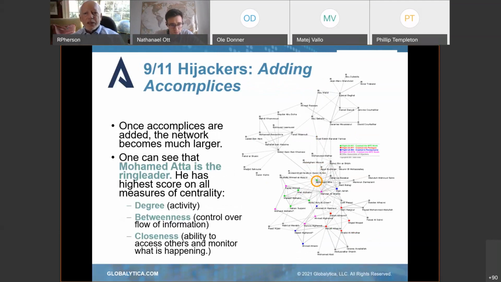Then you add accomplices, it starts to get really big. And this is where people that will be talking to us later on will show you and tell you how they can look at these maps and they can derive a lot of analysis from the maps as to what's happening. Here you can see that Atta is right there at the ground central. He knows what's going on. He must be the ringleader, and he scores really high on all the levels that we talked about. As you go out, you see the rest of the core group down here. You see how they group, and in fact, we'll show you a much better slide.